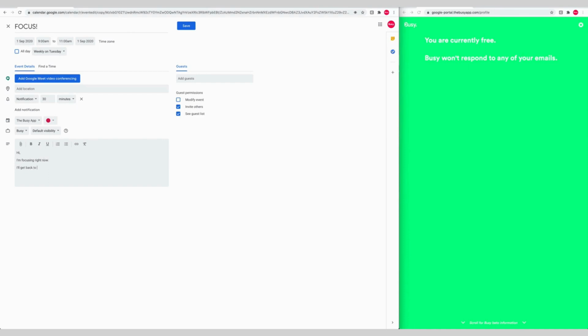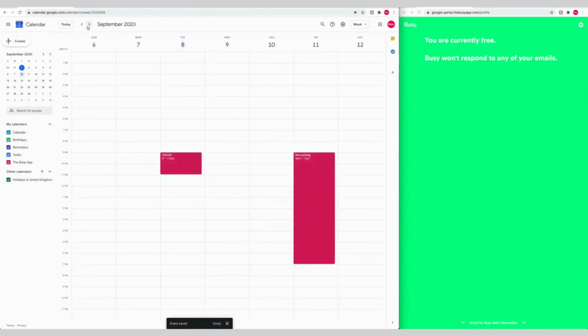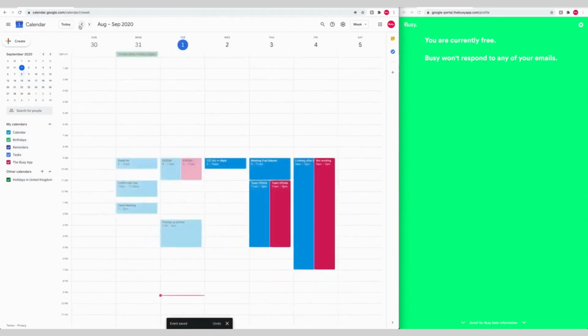I'll get back to your email after 11 a.m. Thanks, Art. Again, save that down and you'll notice that that now is in my calendar for good. So it's a good opportunity to remember to take some time and really focus on the deep work that I'm trying to achieve. So that's kind of